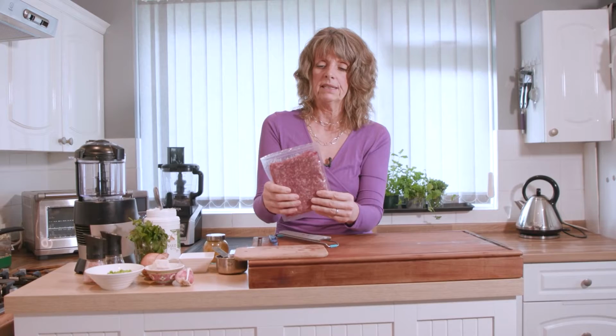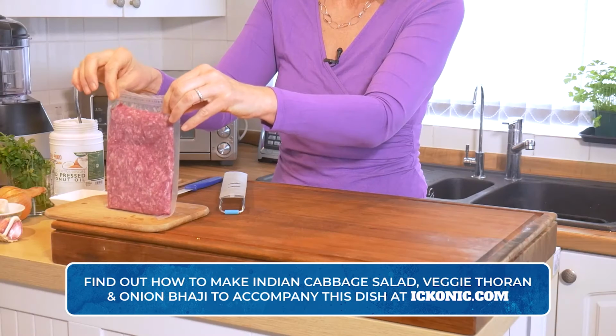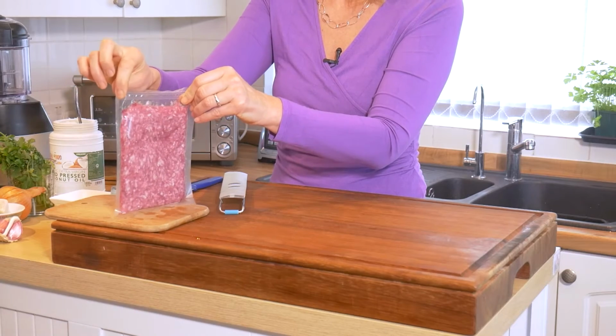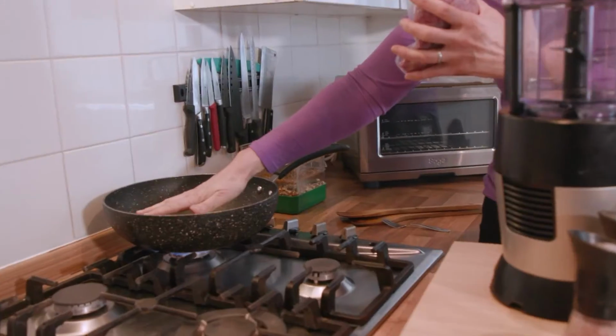I buy my meat from a company called Piper's Farm. It's just amazing, the quality's fantastic, second to none. And their meat comes in little pouches like this, which is 250 grams. So that's going to be enough for 2 people, possibly 3, depending on your appetite. When the pan's hot enough,